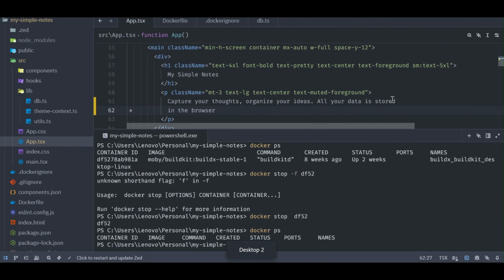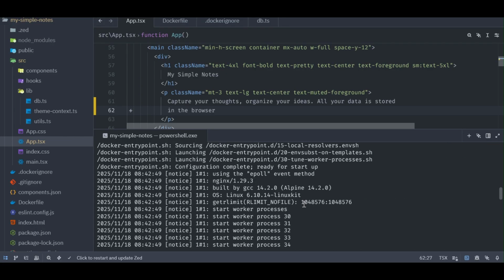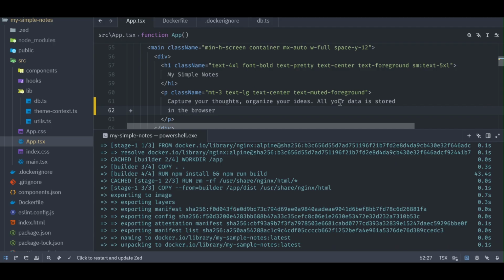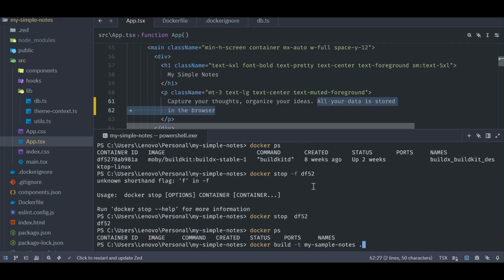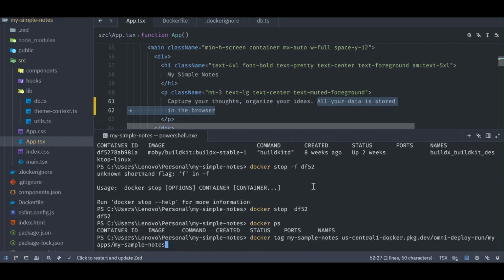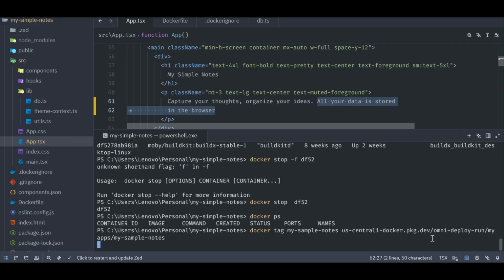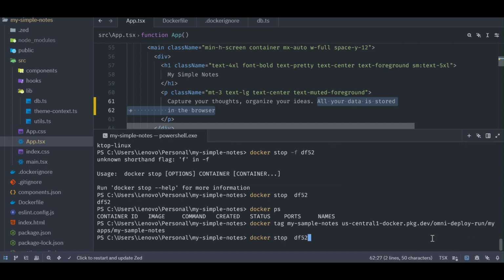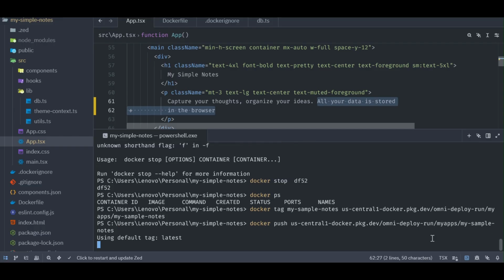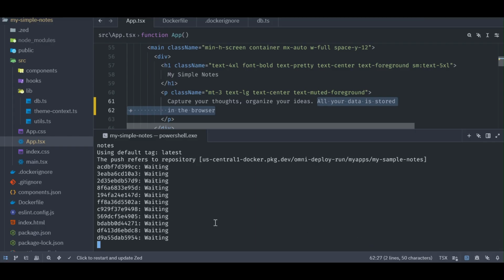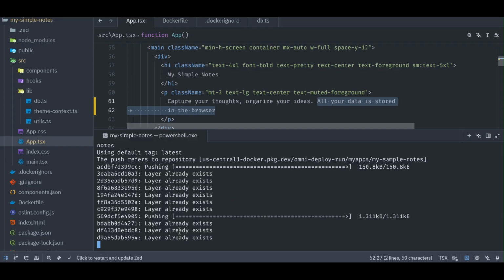Right. So as to what I said about the revisions, now we have built the new image, right? We did that, I think, just here. We built the new image, which should have this change right here, right? So we would then create a new tag. So Docker tag, so we'll tag the image again with our own repository, right? And then we'll go ahead to push that image again, right? So I'm just going through the previous commands we've already run so that I don't have to write the commands once more. So docker push, so this should then push the image